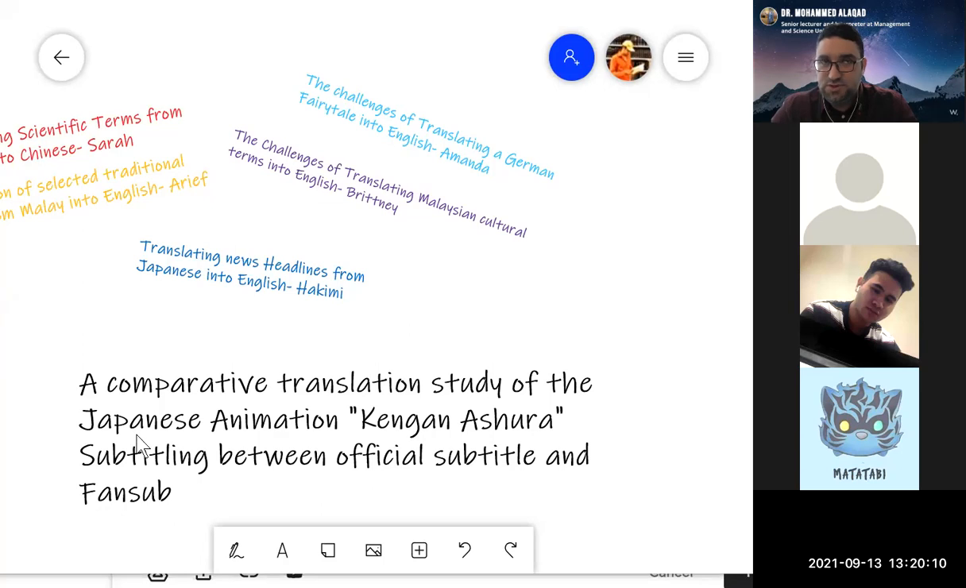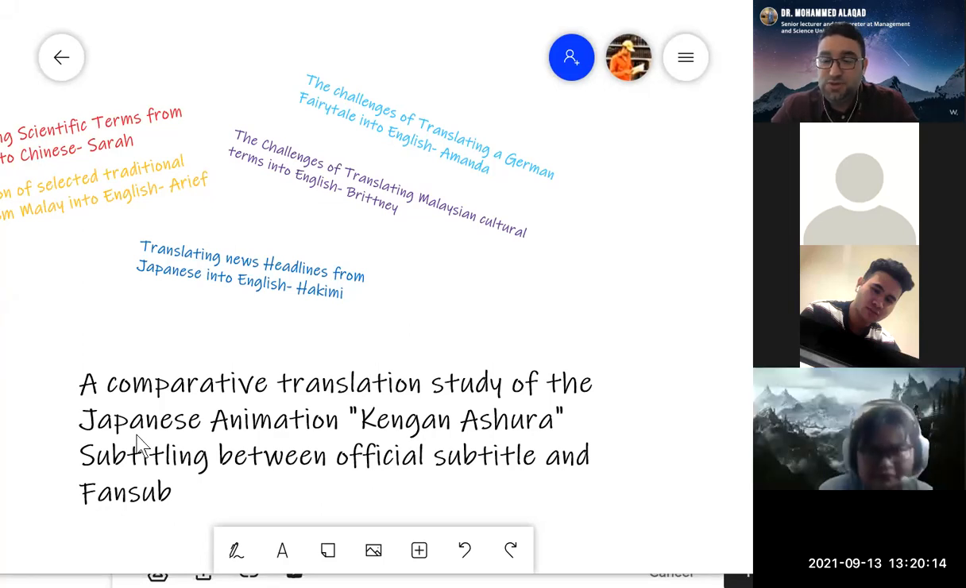Let's say try to look for something related to news. If you want to translate news, for example, political news between Japanese and English or Japanese and Malay. Sport news, also interesting. You can also go for cultural terms, translating cultural terms between Japanese and Malay or Japanese and English, translating